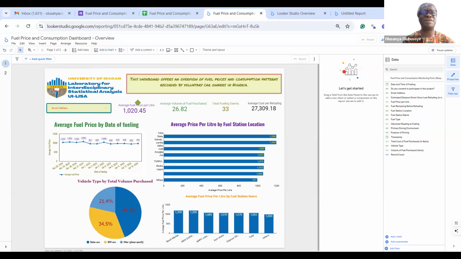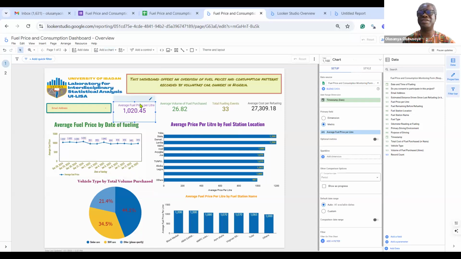This is a scorecard, for instance. In a scorecard, you are only showing a single value, maybe average, maybe total, maybe percentage, whatever. So this is a scorecard, this is a scorecard, this is a scorecard. Even when you click like this, you will see right there on top the type of chart that you have selected for that chart.